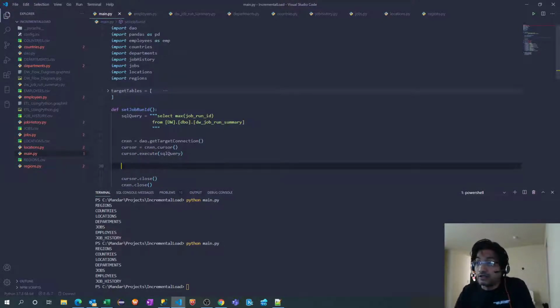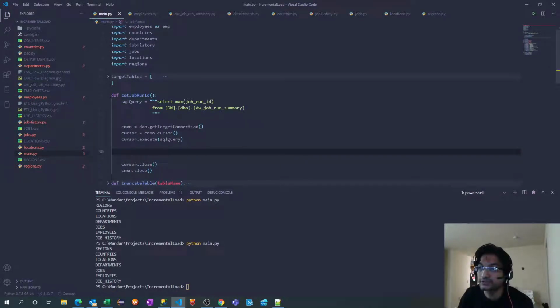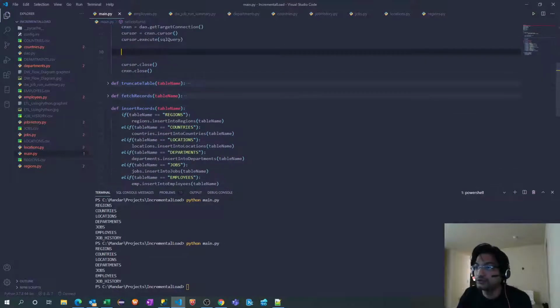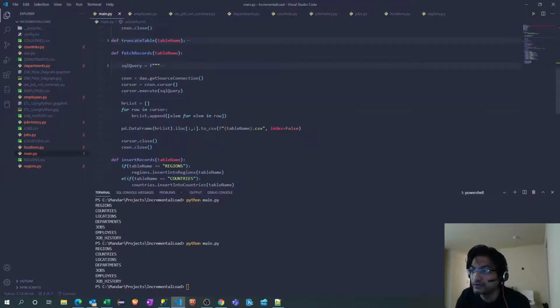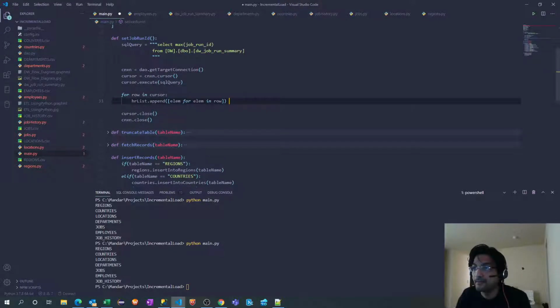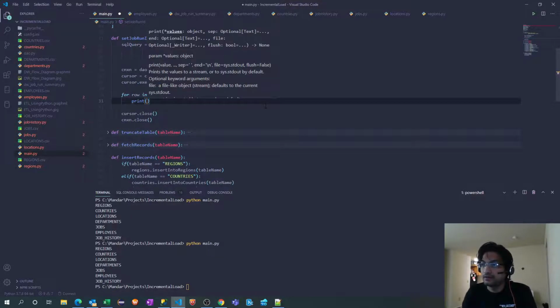This select query is returning one column, one record. I should grab that value and process it. What I mean is, if it returns 2, I should grab that 2 and add 1 to it. So how would I do that? If I check my fetch records, I will grab this for loop. It's the same thing: we are running the for loop on our cursor. So I will copy the same code, and let's print that entire row.